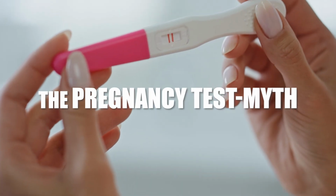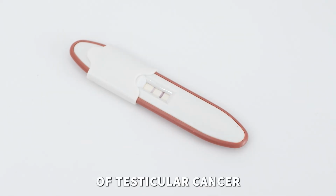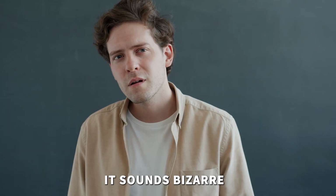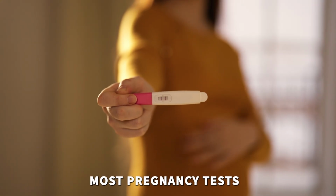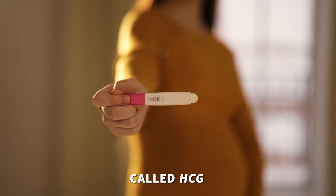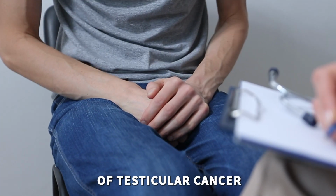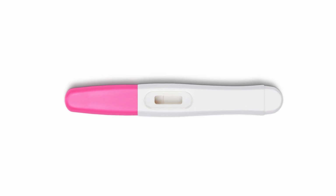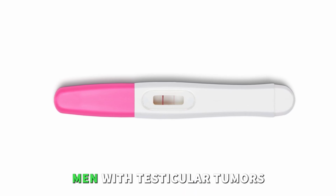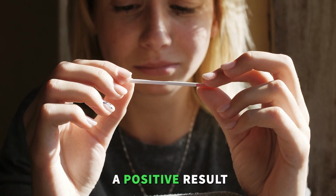Now here's something unusual. You may have heard the internet rumor that a man taking a pregnancy test and getting a positive result could actually be a sign of testicular cancer. It sounds bizarre, but there's actually a little bit of science behind it. Most pregnancy tests detect a hormone called HCG, human chorionic gonadotropin. Certain types of testicular cancer, especially non-seminomas, can also produce HCG. So, in rare cases, men with testicular tumors might have elevated HCG levels, enough to trigger a positive result on